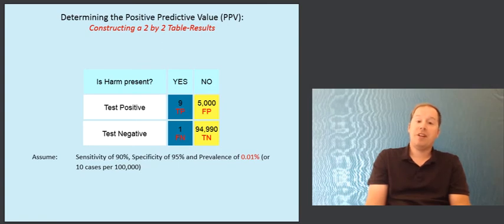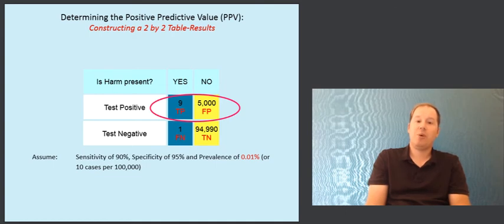But the problem with this is, even with a very high accuracy of the test, a specificity of 95%, because so many people do not have the condition, we're going to create a lot of false positives here. We don't have a lot of false negatives, notice, but we have many false positives. 5,000 out of basically 100,000 people are going to test positive even though they don't have the condition. So that's what we're interested in here. If a test result comes back positive, how likely is it that the person actually has the disease?